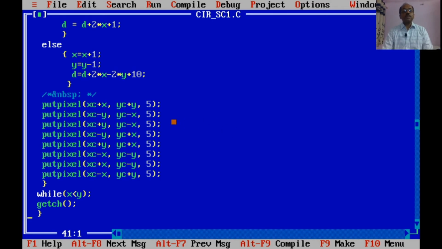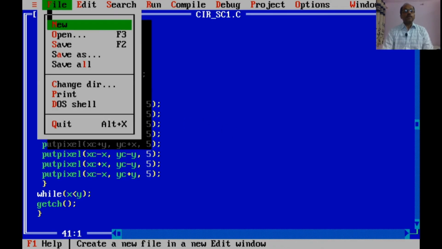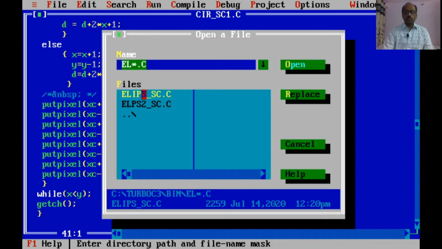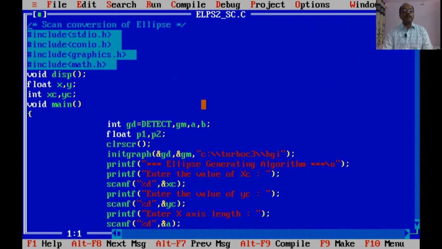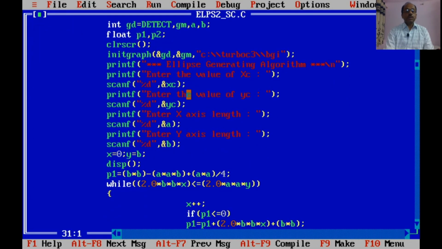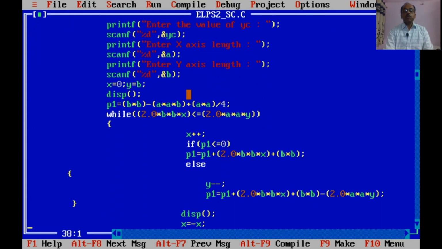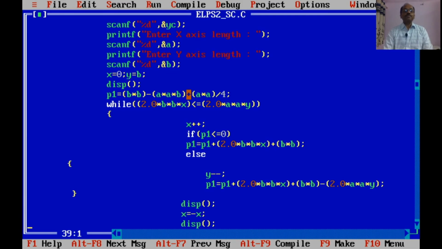Now, we will draw the ellipse. To draw an ellipse we use the program, and with this program we will see how an ellipse is drawn in graphics.